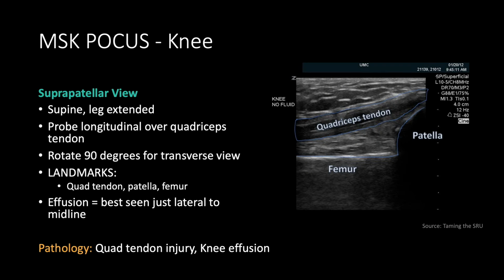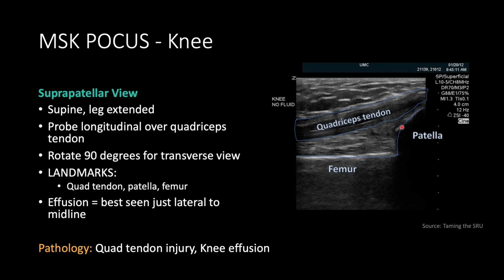Let's start off with our suprapatellar view. For this view, you want the patient to be supine with their leg fully extended. You'll place the probe longitudinally over the quadriceps tendon, and you'll note that the patella will have this nice bright hyperechoic density with shadowing beneath it, and you can see the quadriceps tendon is a highly linear structure that's sort of making this triangle where it courses from the quadriceps muscle all the way up to its insertion over the patella. And then deep to that is the femur,